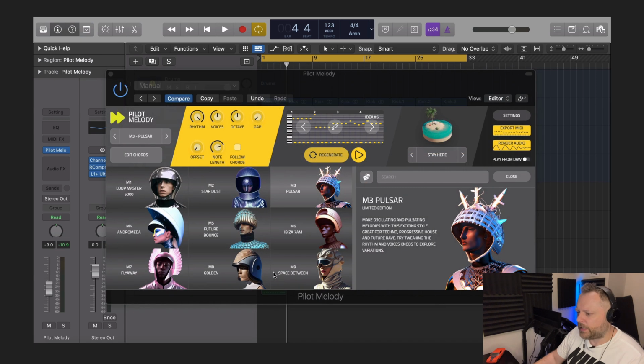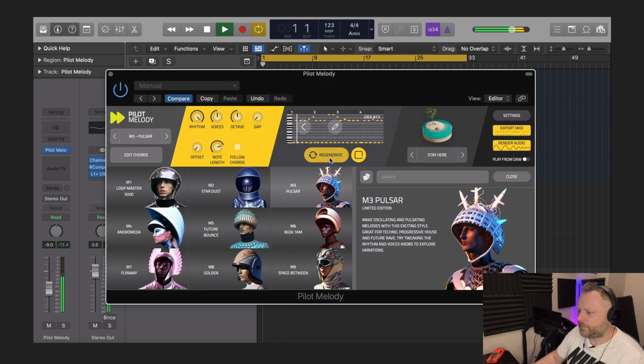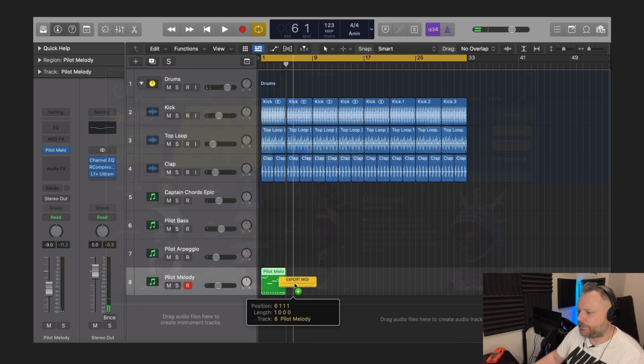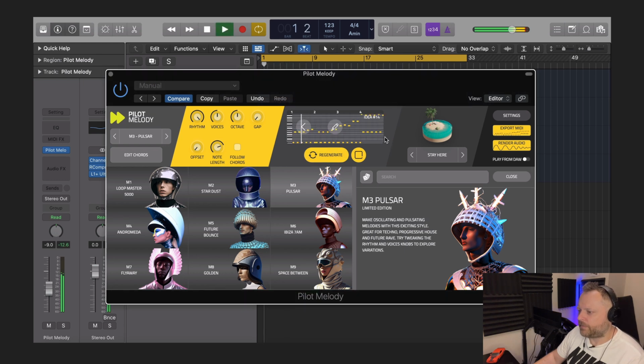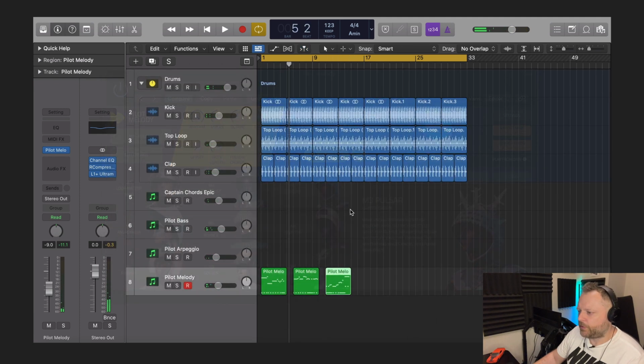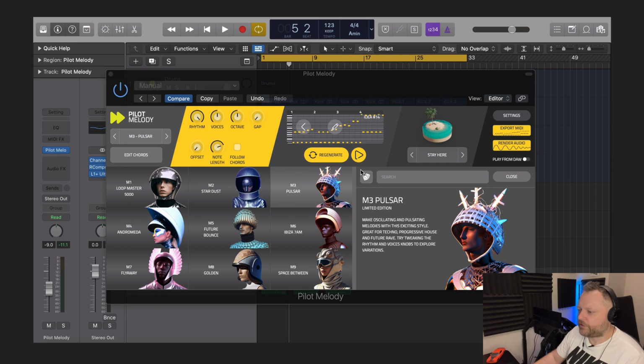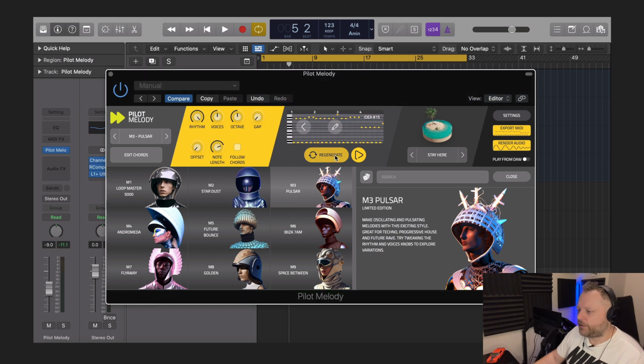And then I think what we'll do is hit regenerate, create another melody. That's also really nice. So we'll do the same for that. We'll just export that and drag that down into Logic. And now, again, I'll export that as well. You don't have to use all of these, but if you hear something you like, drag it into your DAW,